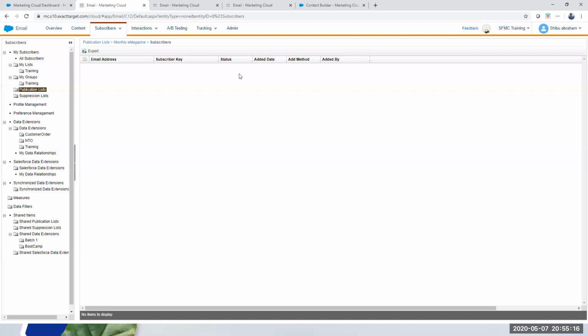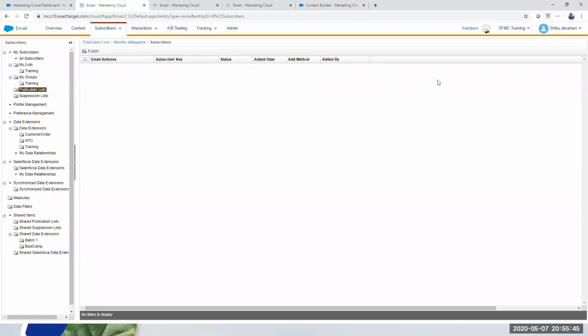And the status of that particular subscriber will depend on whether that subscriber already exists in All Subscribers; that status will reflect here. Let's say 5 of those folks are already in All Subscribers with a status of unsubscribed. Irrespective of what you're maintaining in your data extension, it will show up as unsubscribed here, meaning you will not be able to send out. But if they're coming in for the first time, it will automatically default to active. Even if they are in All Subscribers and showing as active, it will show up active here as well.